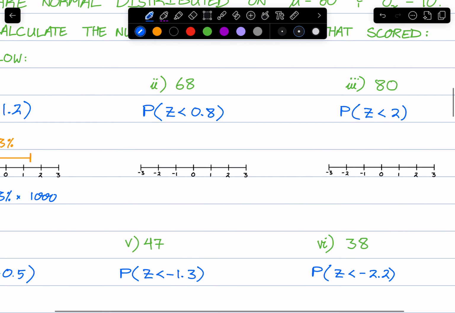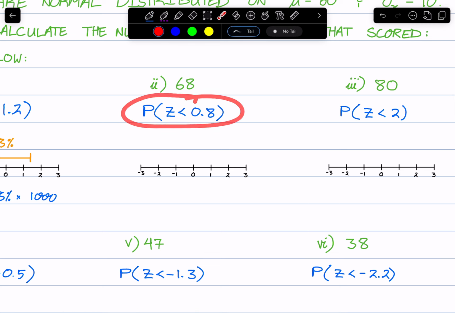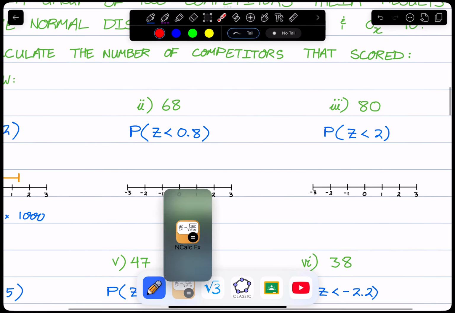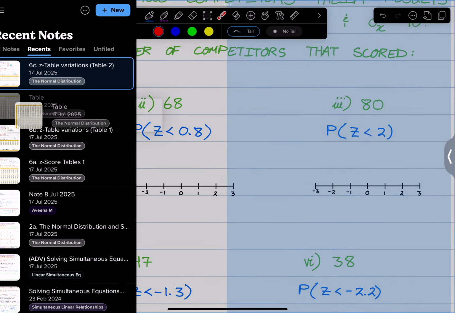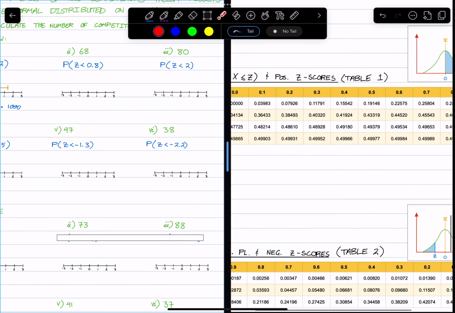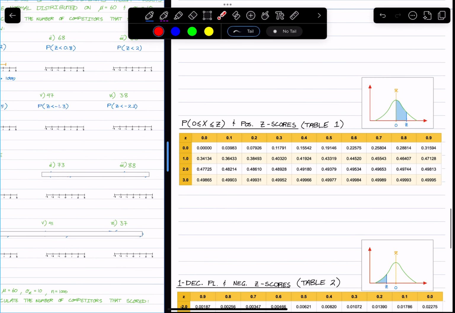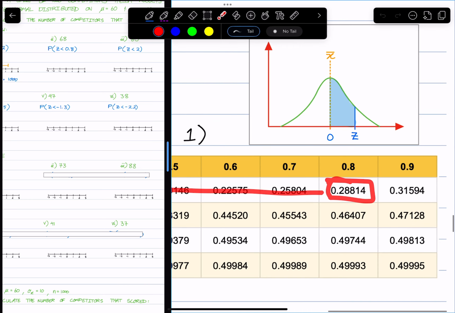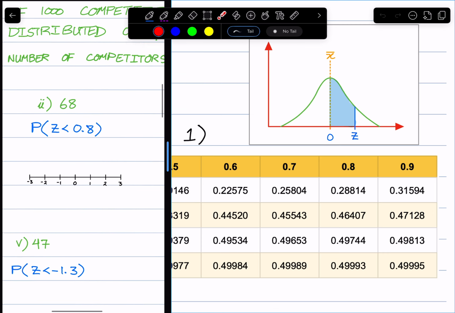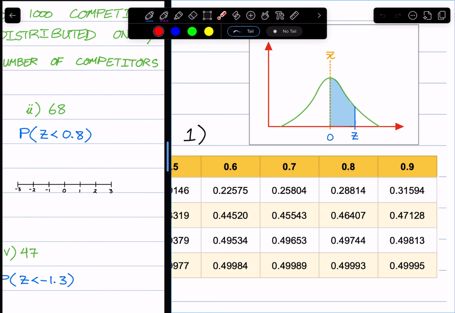Okay, so let's do this next one. Z score for everything below 0.8. So using table 1, sorry, table 1. So we're looking at 0.8 this time. 0.8 gives us 28.814%. But remember, this table 1, and for any table that you might be given,